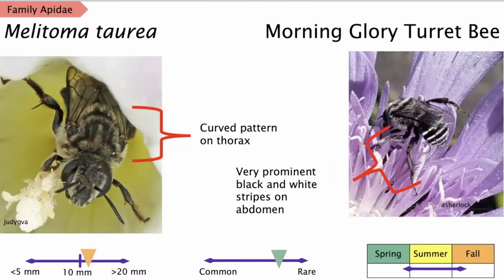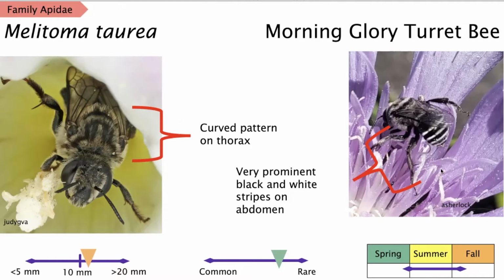I see them on a lot of non-morning glory flowers, so I don't think it's the most apt name. But these bees are really cool. They have this curved pattern on their thorax. In their hair, it kind of looks like an omega, coming from this angle, if you know your Greek letters. So it's this stripy pattern of the two colors of brown hair on its thorax. And then these really prominent black